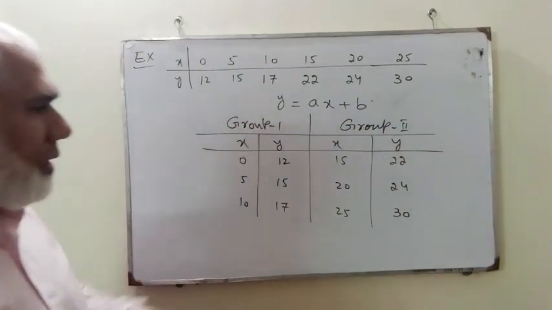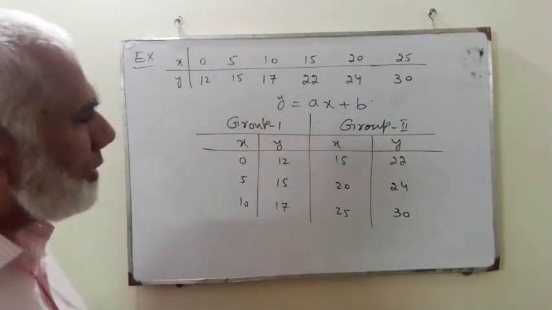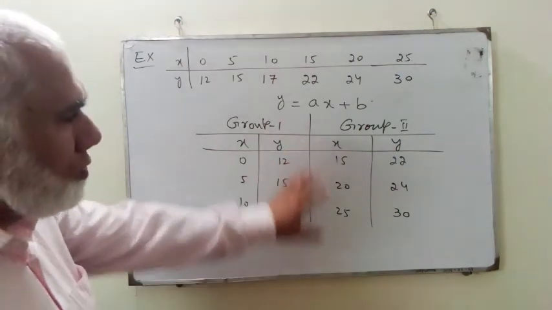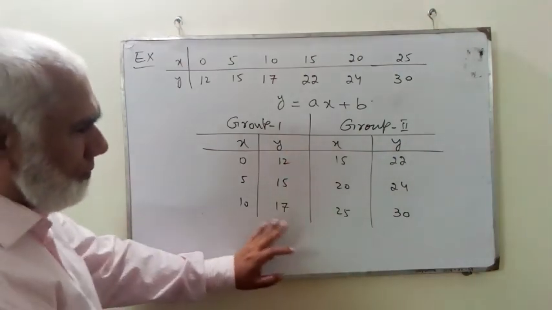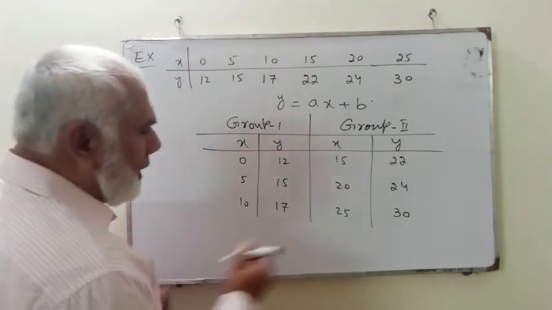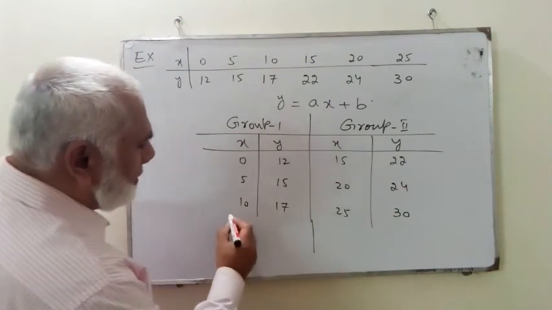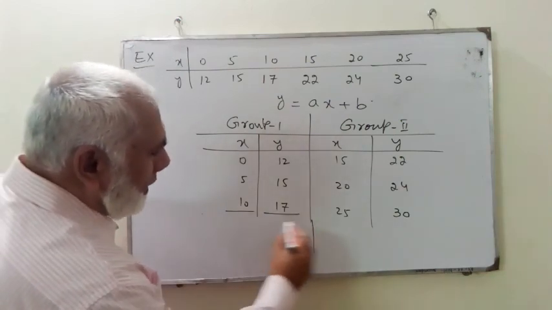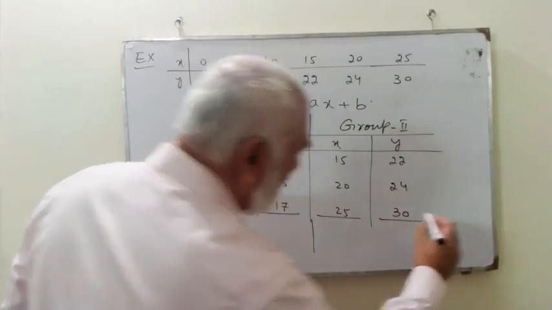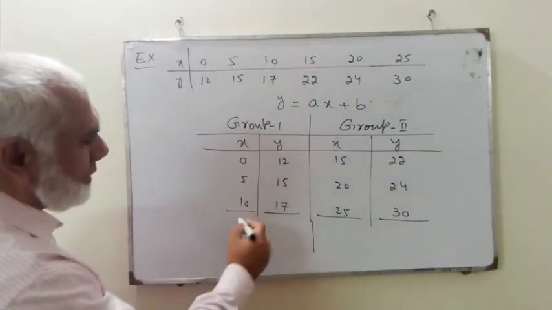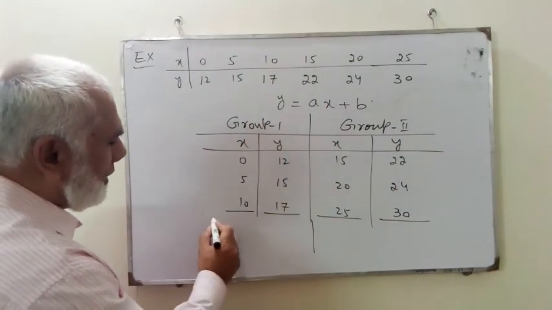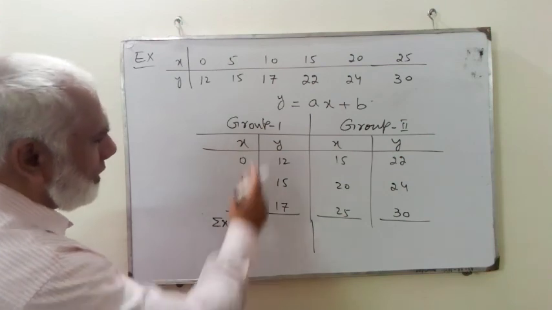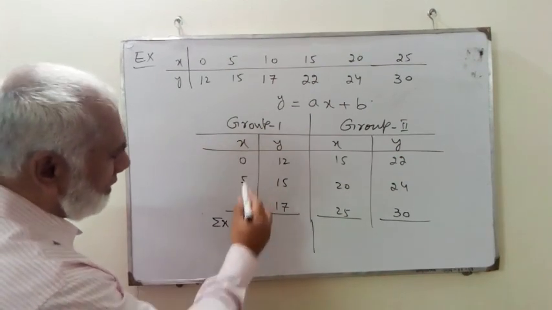So here you can see we have constructed a table of the two groups, and now from this we construct two more pieces of information which we require to solve for the method of group of averages. We now take the sum of these. So here we have sigma x. If we count and take the sum of these values,